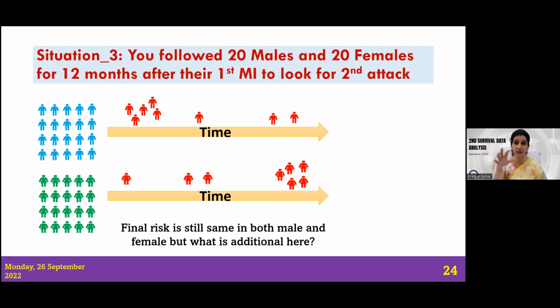This is just a hypothetical. This is not the truth. I don't know that something of this exists, but this is just a hypothetical situation. So this information is important because one might say that even in survival cancer study, everyone has to die ultimately. But for management, for extra precaution, for taking care of the people, this time period or this information is very important, because then we will be taking care or the more prevention or monitoring will be